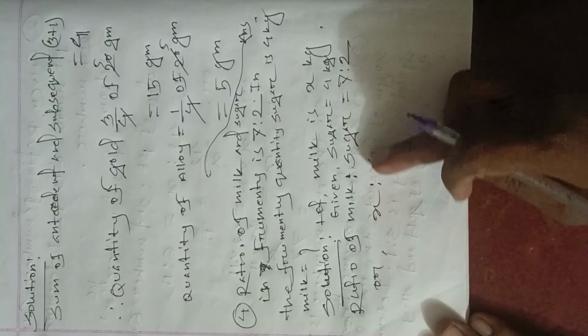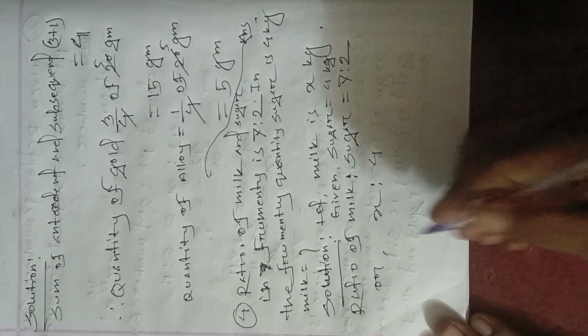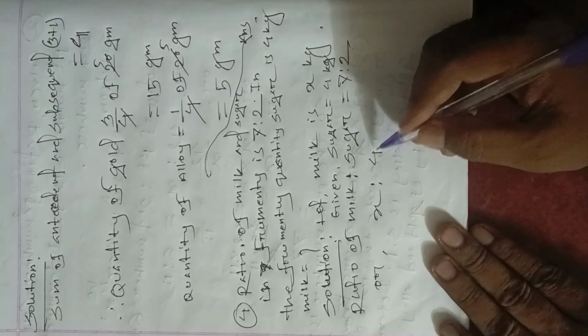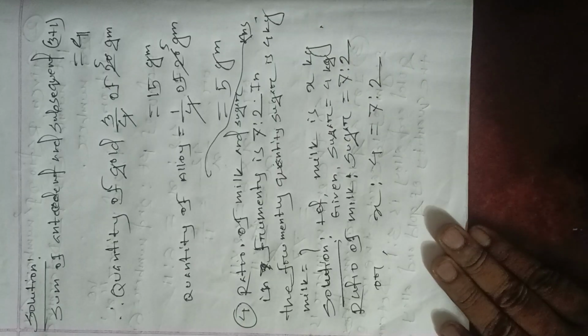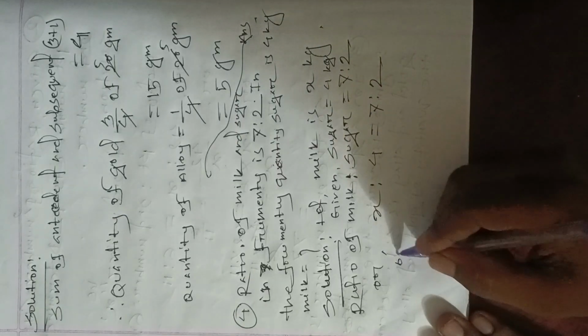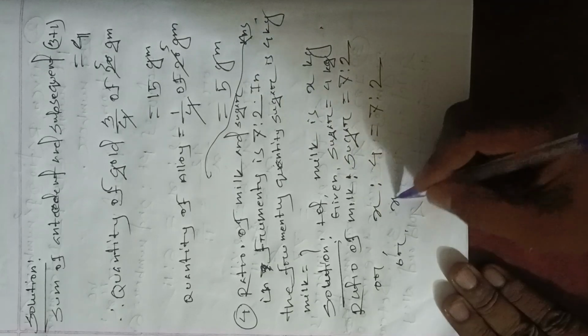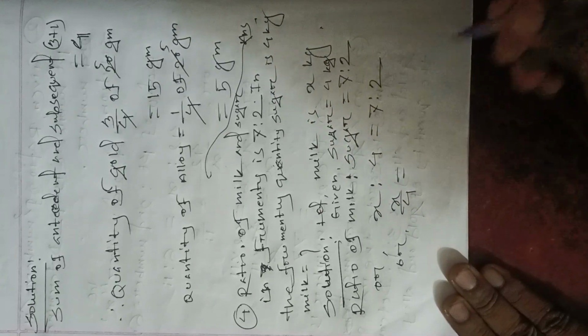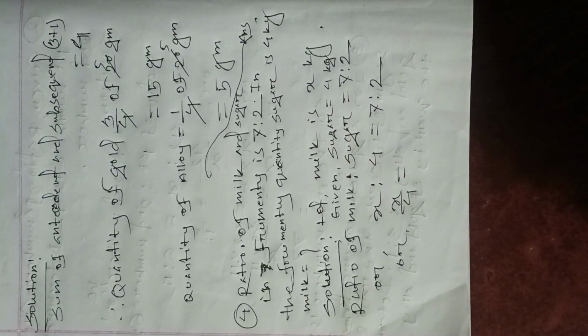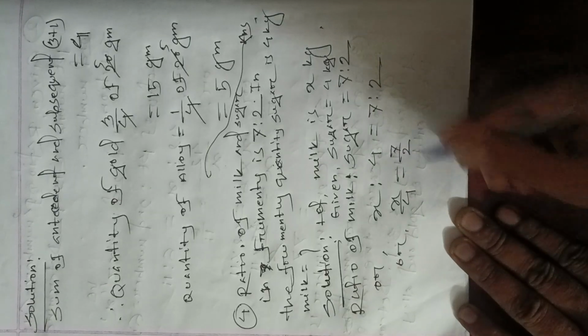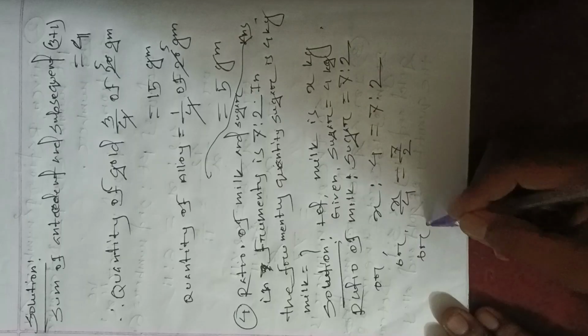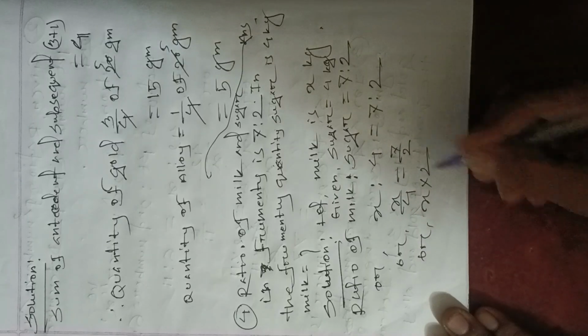So the ratio of milk to sugar is 7:2. So milk is x kg and sugar is 4, equal to 7:2, or x by 4 equals 7/2. So cross multiply, x into 2